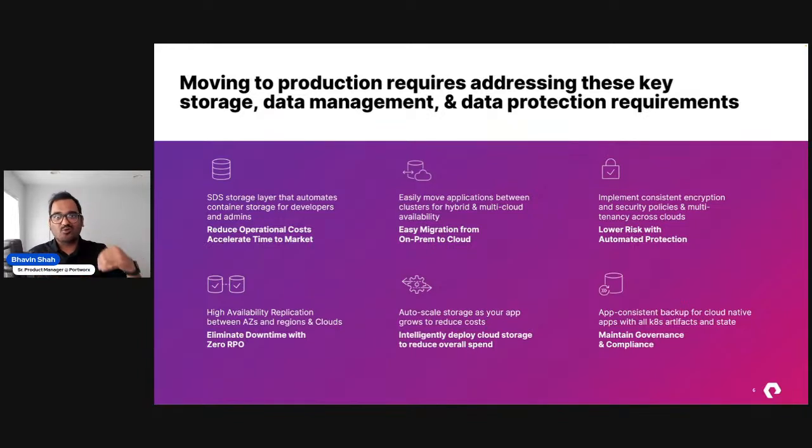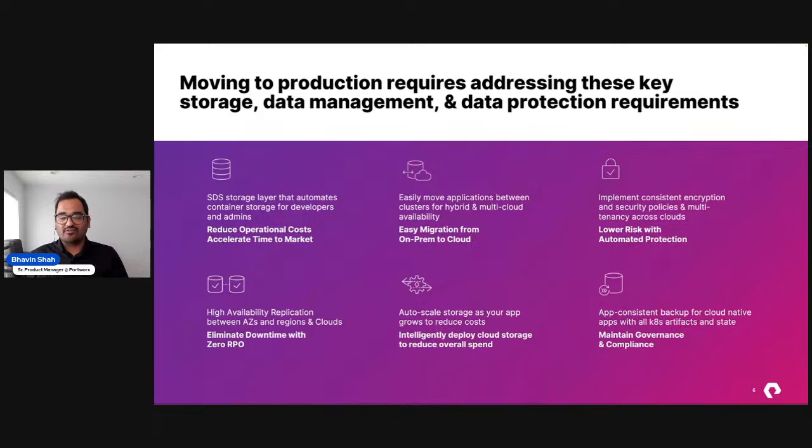Let's say we want to go to the next level, like, what if my entire AKS cluster goes down? If it's in the same region, you can use Portworx to create a synchronous disaster recovery solution where you have applications running on your primary cluster and a secondary cluster running in the same region. If your primary cluster for any reason goes down or is unavailable, you can recover all of your applications on your secondary cluster with zero RPO or zero data loss,